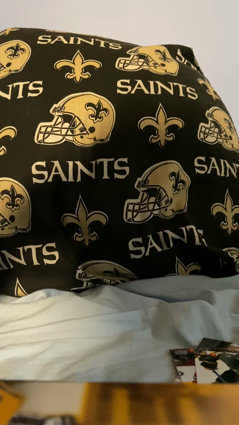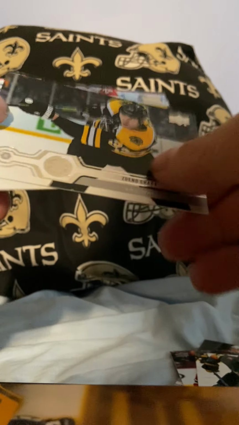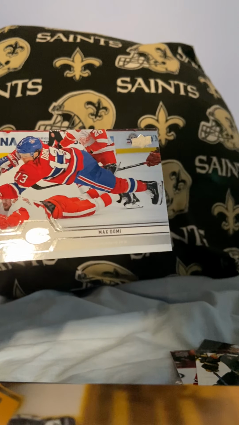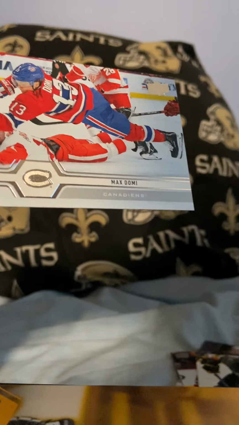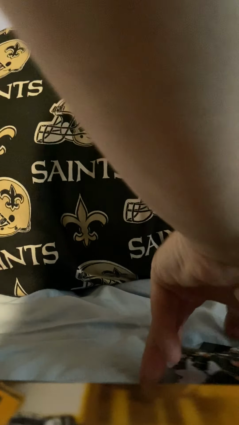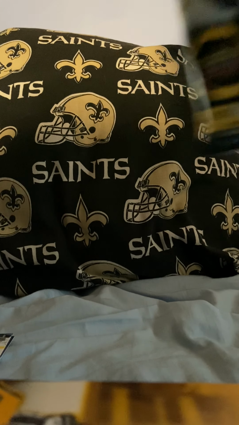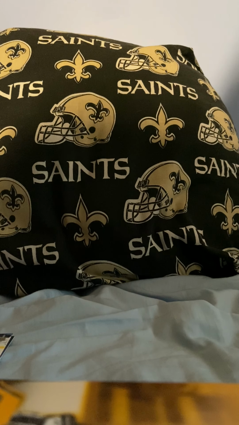Here's a Chara card. Always gotta have one of him. I don't know if he's re-signed yet with them or not, but he may not be. And then we had Max Domi, who was traded this past offseason to the Minnesota Wild. So that's that card. So decent cards. Two decent players and a bunch of guys I have no idea who they are. So I have no clue what I'm getting here,